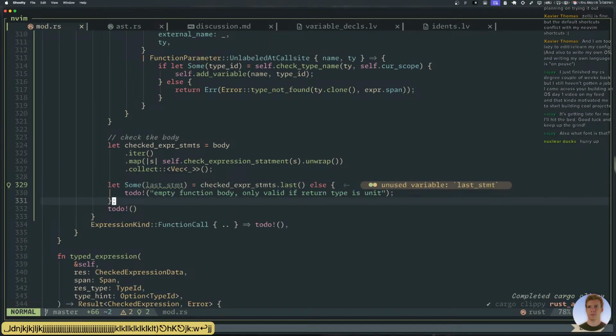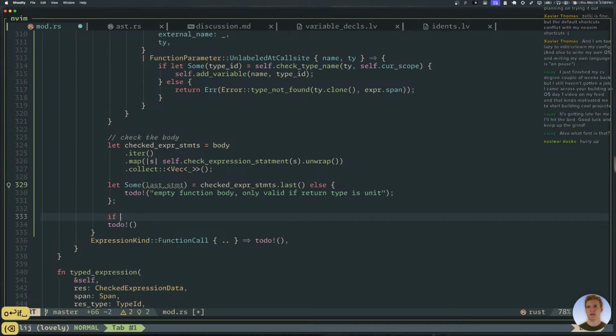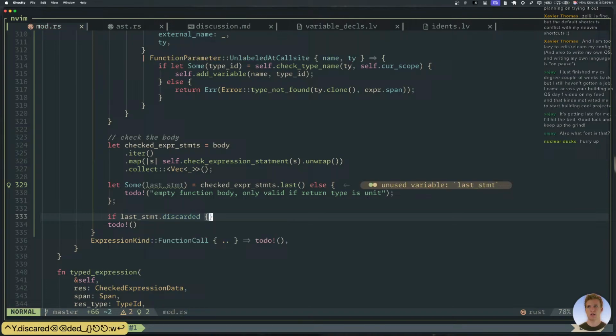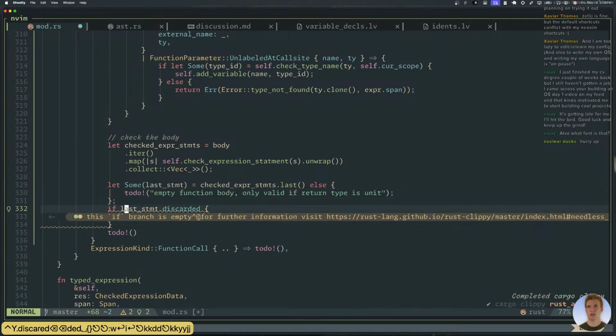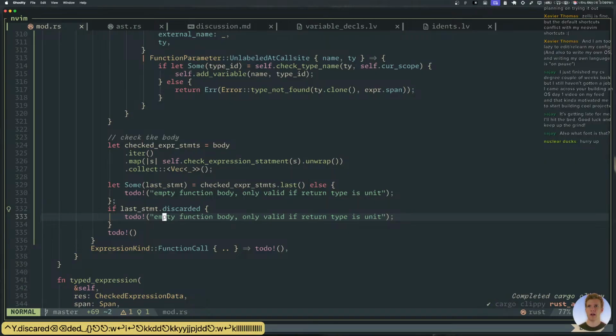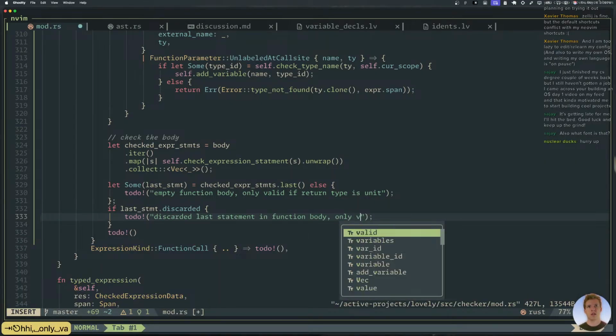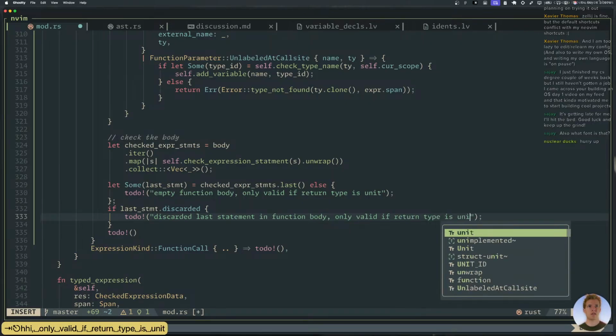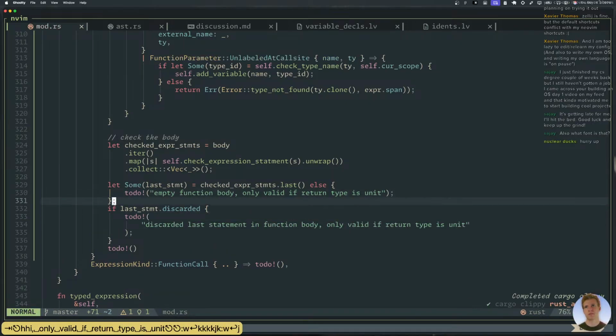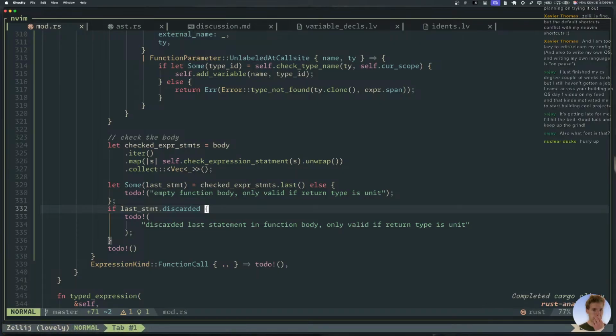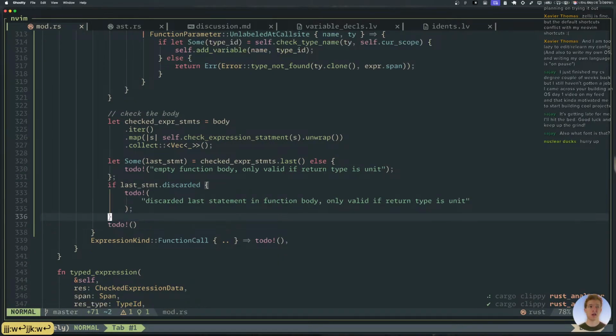So if last statement dot discarded, it's literally almost the exact same thing, right? Only valid if return type is unit. So there's those cases. Otherwise, we have a valid return type. We need to compare it against the return type.